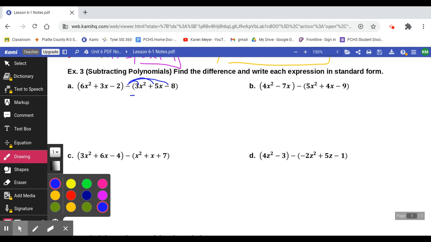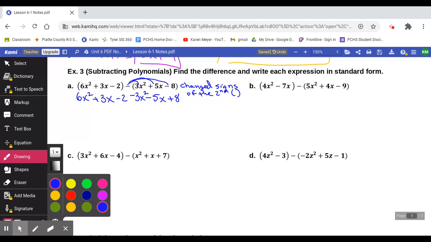So it will become a negative 3x squared minus 5x plus 8. So you'll notice here we just changed the signs of the second parentheses. And then I don't do anything to the first parentheses. I'm just going to leave it alone. Boom, write it down. Just don't write it down with the parentheses. And now we're just going to go back to